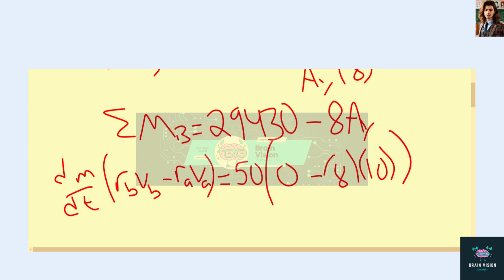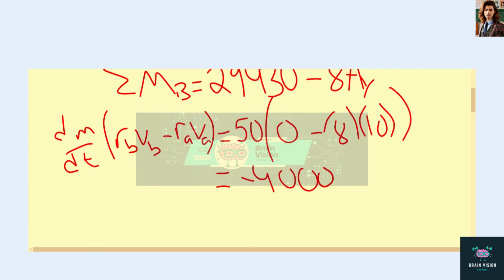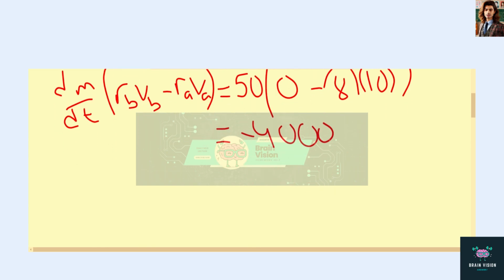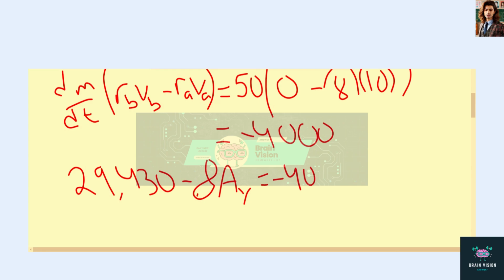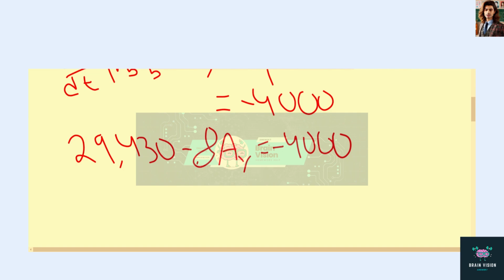So once you simplify it down, you're going to get 50 times negative 80, which is equal to negative 4,000. So then you set both halves of those equations equal to each other. So you're going to get 29,430 minus 8 Ay is equal to negative 4,000. So now you only have one variable left in the equation, which is Ay. You do algebra, you solve, and you get Ay is equal to 4,178.8 newtons,